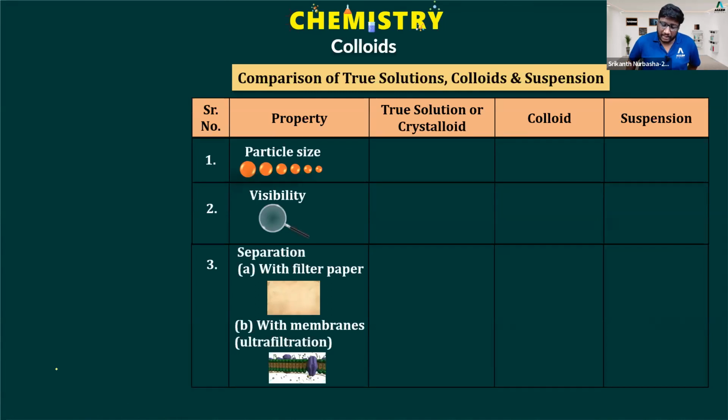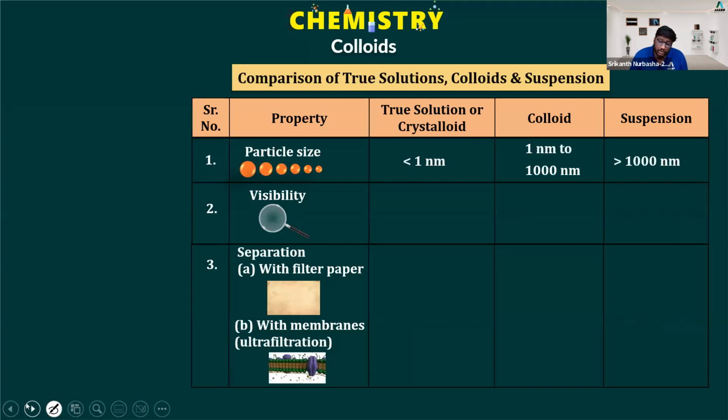First one, you look at the particle size. Particle size less than 1 nanometer for crystalloid, 1 nanometer to 1000 nanometer for colloid, greater than 1000 nanometer for suspension. Visibility. Can you see the particle